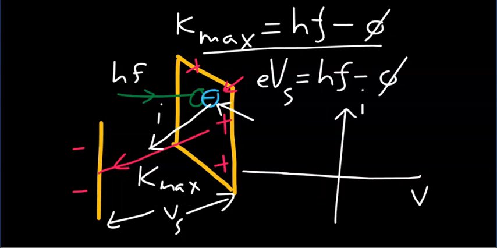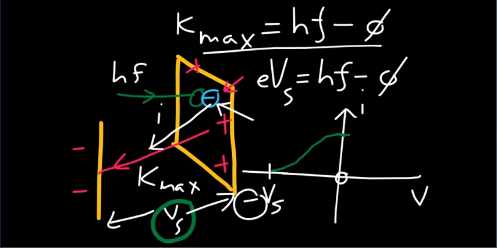Of course, when there is no backward potential, the current is maximum due to maximum kinetic energy of the photoelectrons. As you increase the value of the backward potential, you see the current drop all the way until it hits the zero mark. And this is the magnitude or the value of the stopping potential, minus to show that we are dealing with